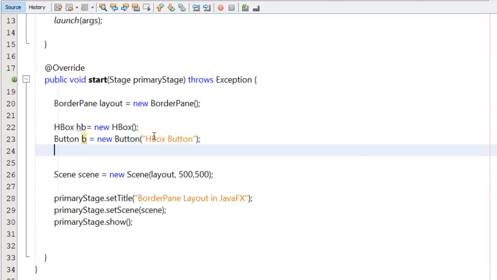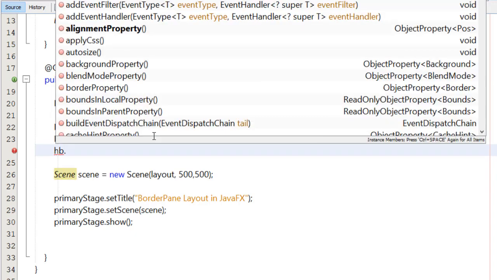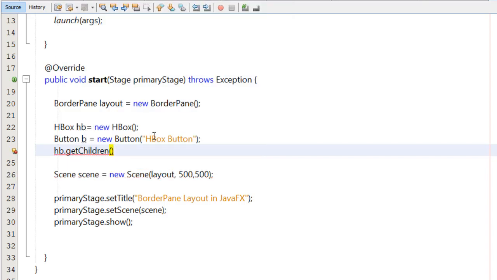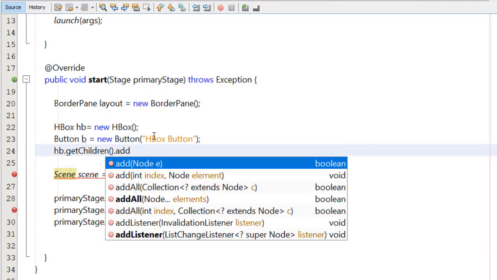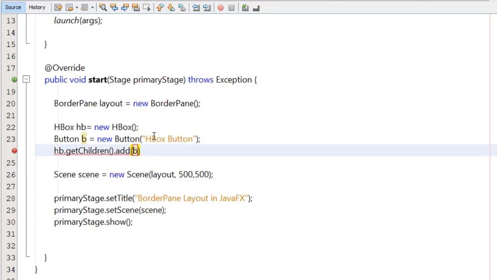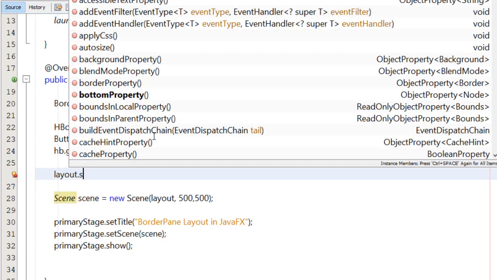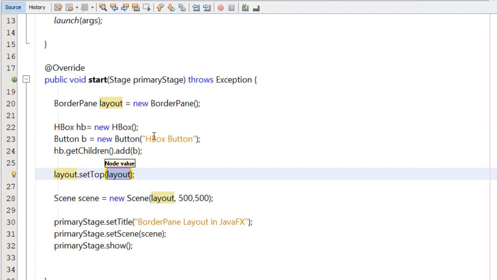After that I type hb dot getChildren. The getChildren method helps us to get the list of the children of the parent, meaning all the elements or nodes that are present on this layout. So getChildren, and after that I have to add this button, so I type dot add, and I add b. Okay, after that I have added the button to the hb horizontal box layout, and after that I simply type layout dot setTop, and I type hb. Okay, so now if I run my program,